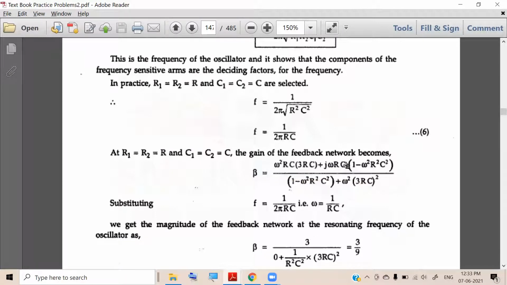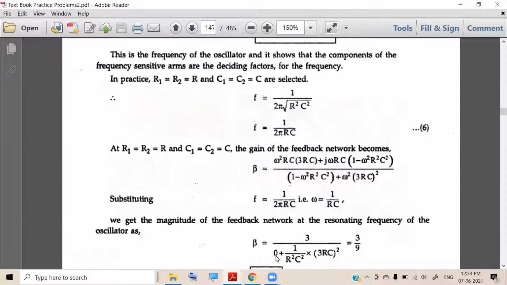Okay. Then here omega square R square C square, I already told you it is 1. So 1 minus 1, 0. 0 into anything, 0. So this entire term 0. So nothing we are writing here because 3 plus 0 is again 3, right? So this is 0, so we are not writing it. And just now I told you this part is 0. The same part is repeated here. Means the first term is 0.